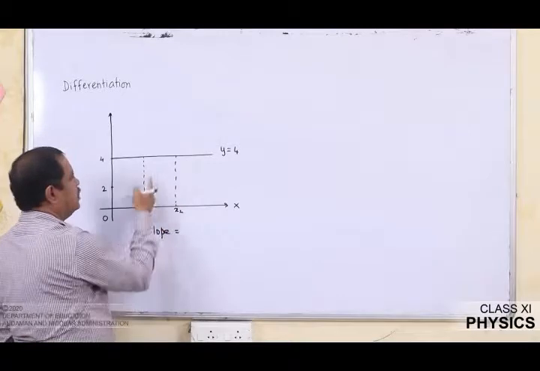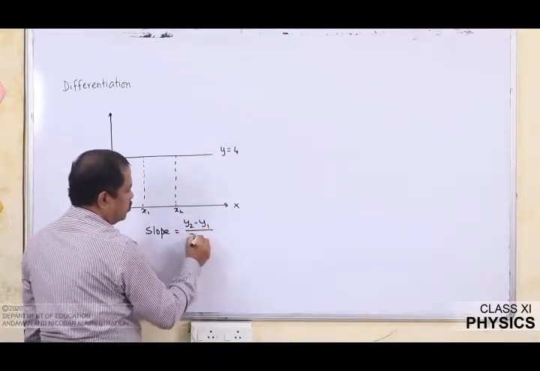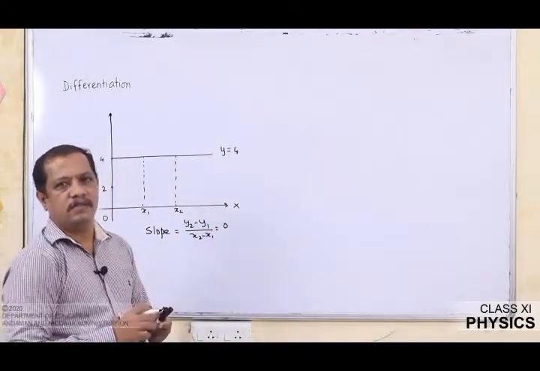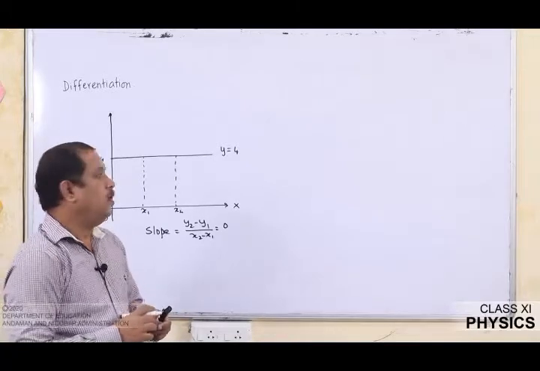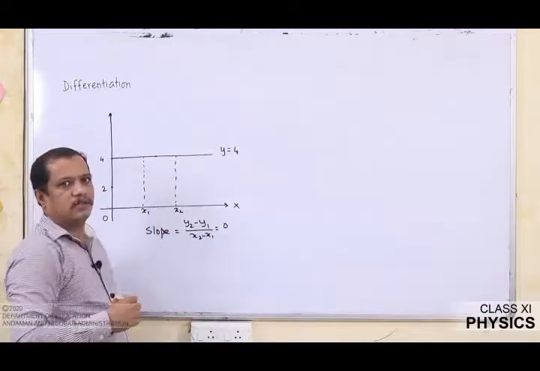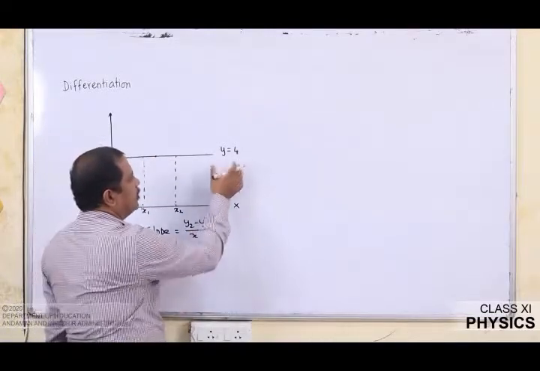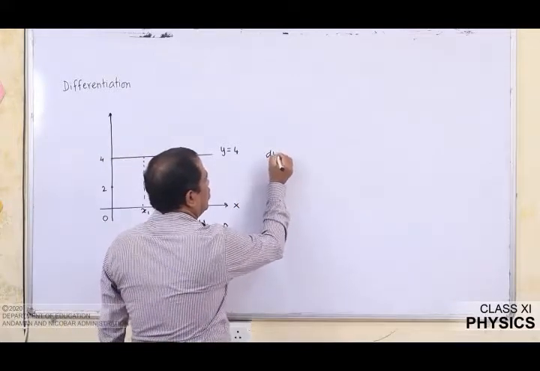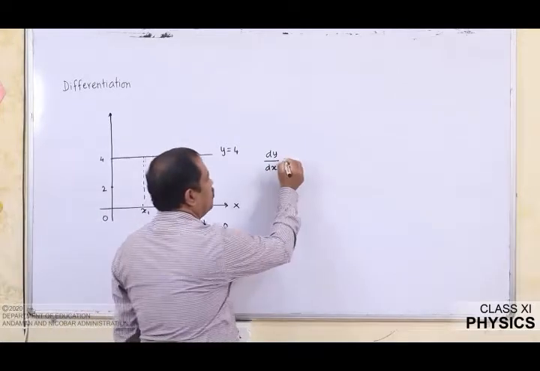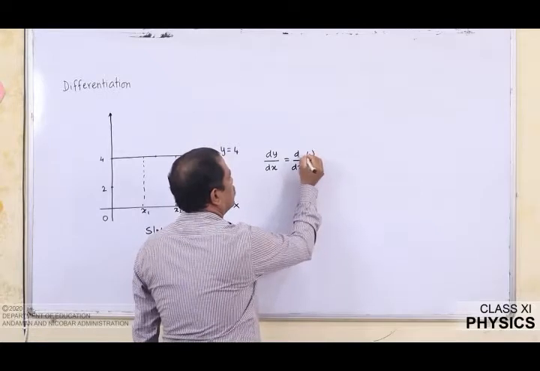So, for x1 and x2 the value of y is same. So, I know y2 minus y1 over x2 minus x1, the numerator value is zero. Therefore, the slope is 0. At any particular value of x, if I calculate the slope, again I should get 0. As such, if I use our technique dy by dx, which we said is the slope, that means I am going to calculate the slope of a constant,